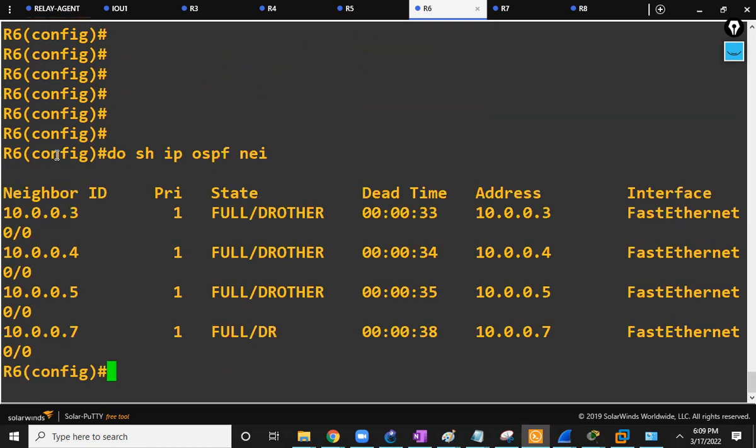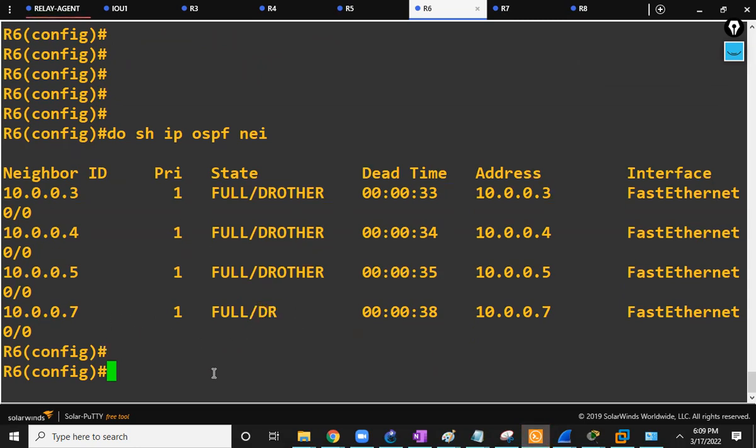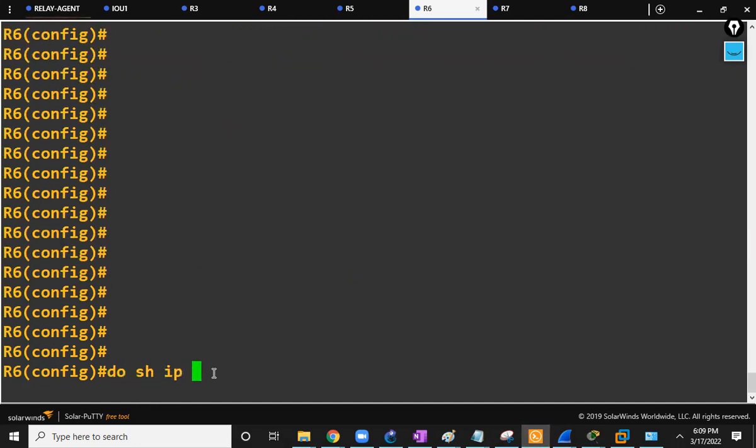This R6, being the BDR, has formed adjacency with everyone. Here, with R3, R4, R5, and R7, they have formed adjacency. Now R7 can be seen, and this is the DR, in state FULL. Full is the state, and R7 is the DR. Now again this command, do show ip ospf